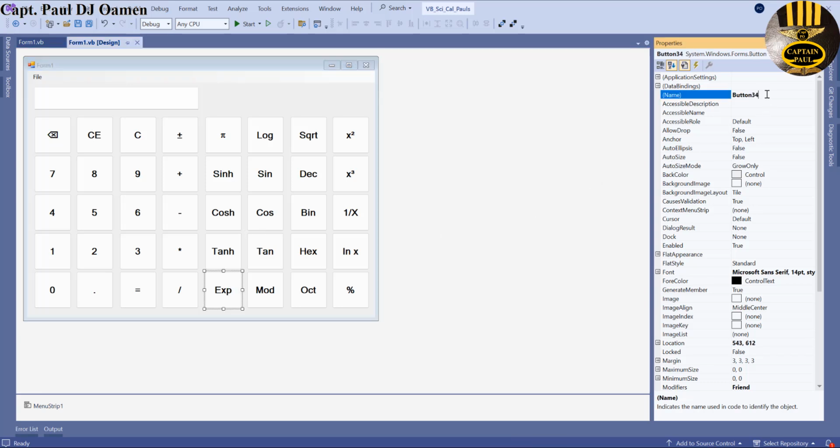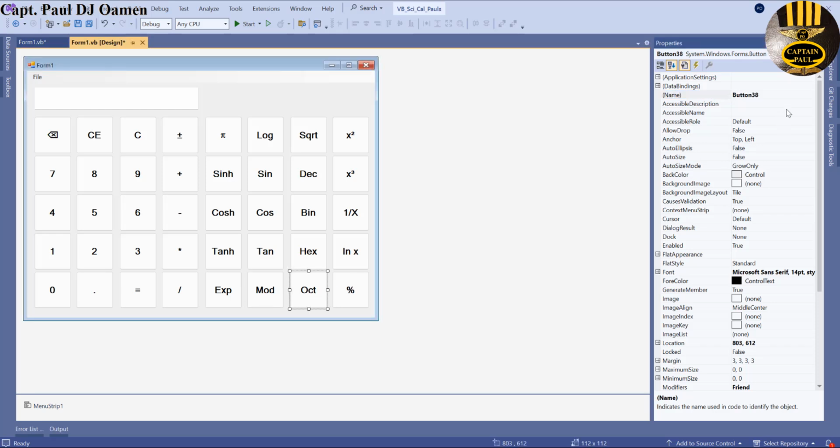So this one, that's going to be BTN exponential. This is modulus, BTN modulus, and octal, yeah. And finally, just call that BTN percent. There we go. All right, so let's run that